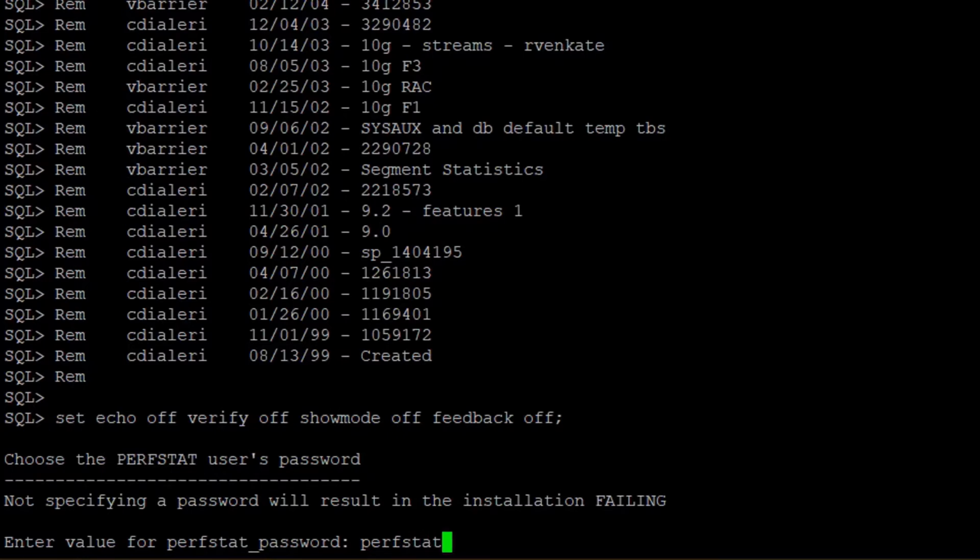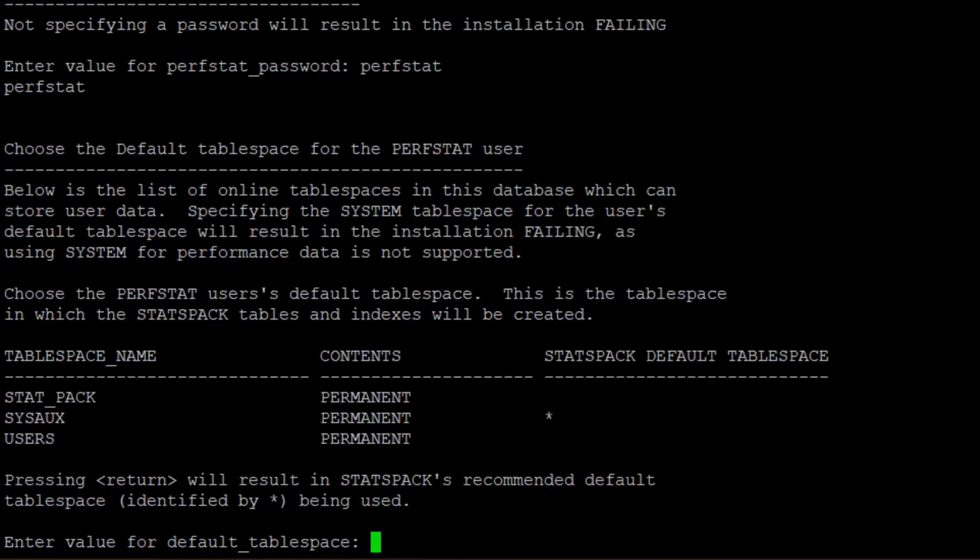Then hit enter. Now it is asking for the default tablespace for StatsPack. You can choose any other tablespace. In my case, I'm going with the separate tablespace, which is StatsPack. So just entering the name here, StatsPack.